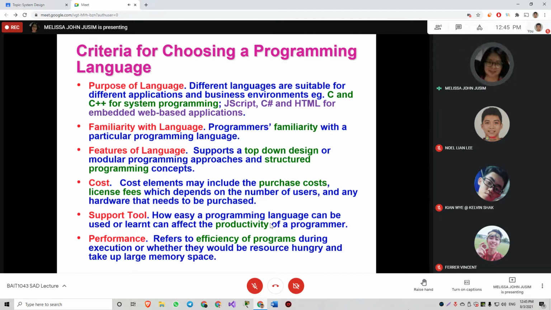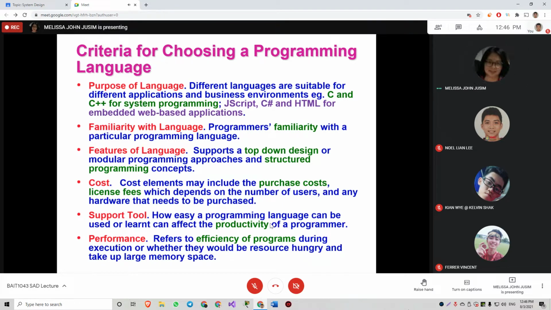Mr. Bob also shared that he's a full stack developer. He mentioned the front end developer and back end developer. A full stack developer means he can do both front end and back end. Full stack also means he pulls things from the internet. So it depends on the language. If there are great support tools and people share libraries and so on, it can increase the productivity of the programmer.